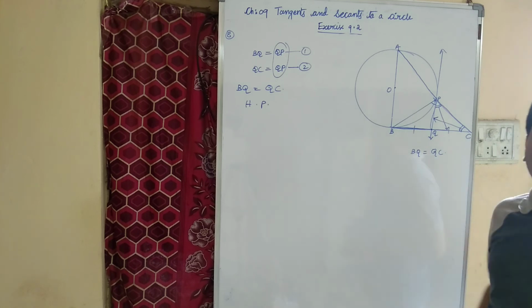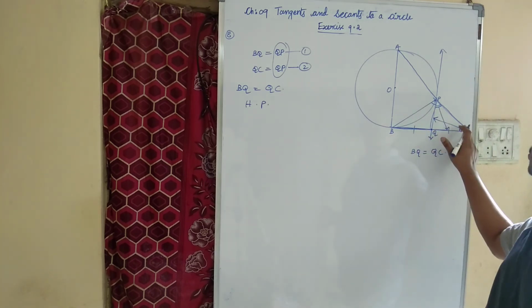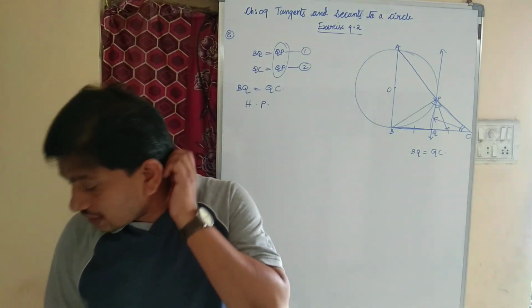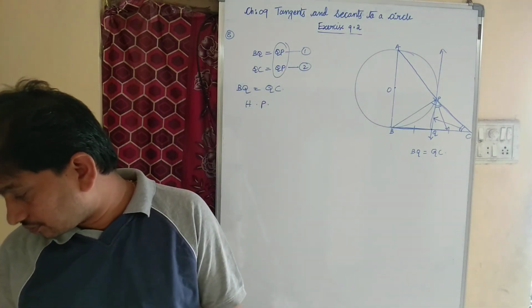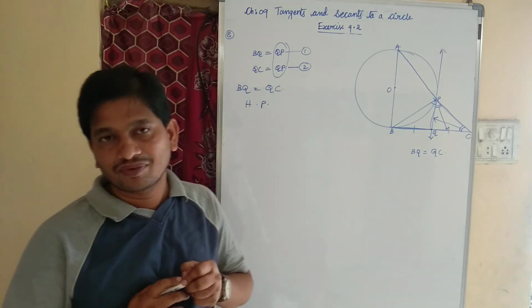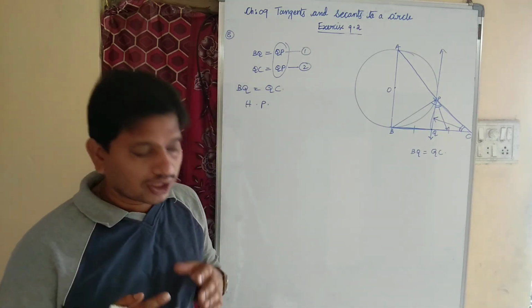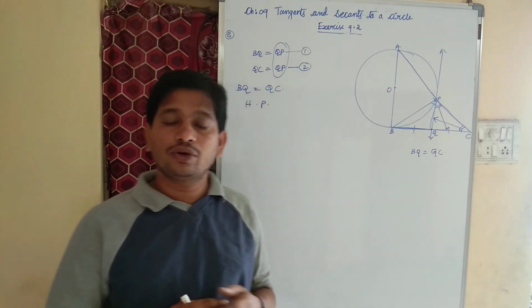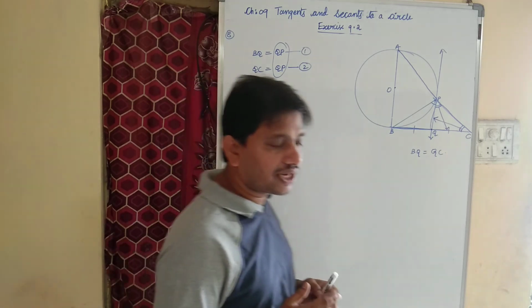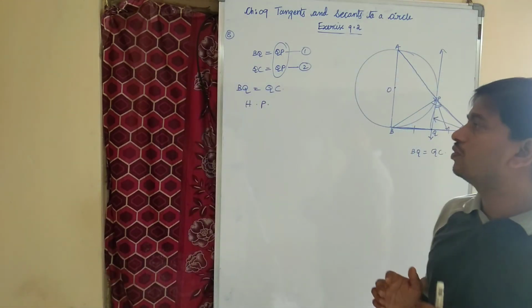Except that, everything is clear. The only thing is we need to understand that if these two angles are equal, then the sides opposite to equal angles are also equal. Actually, questions number 5, 6, 7 and 9 are the construction of tangents to a circle from an external point. So those I did in a separate video. You can watch those questions as well. This is about our exercise 9.2, so only the concept based questions.